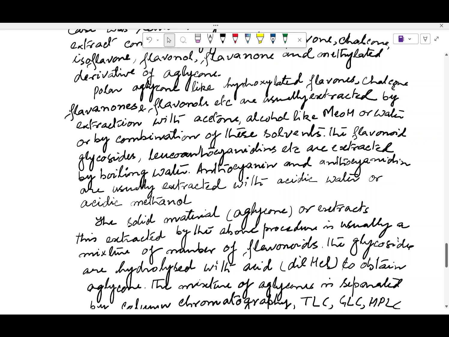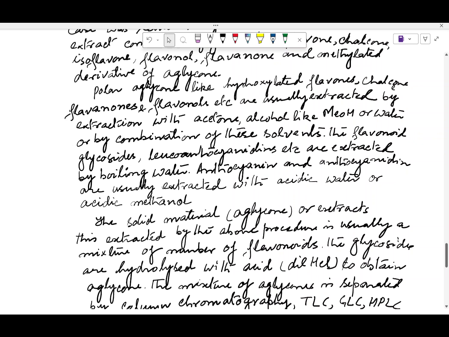Water is used very rarely, but you can select the higher polar solvents, that may be your ethanol, methanol, acetone, or a combination of these. And likewise, as in the previous case, you have to remove the solvent in each case by steam distillation. Therefore, you can get it.